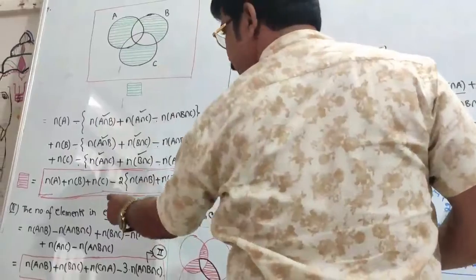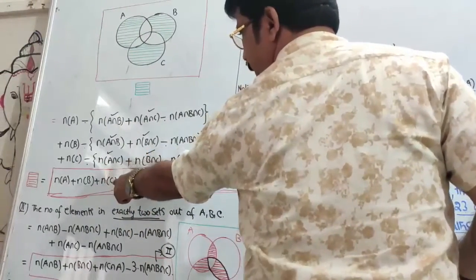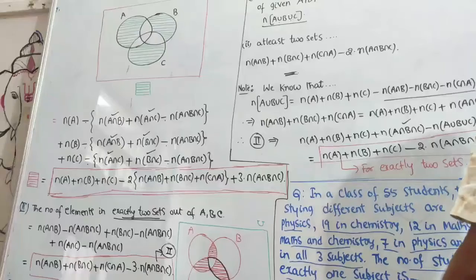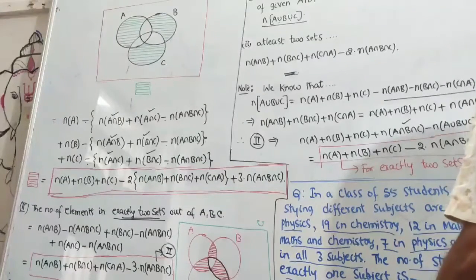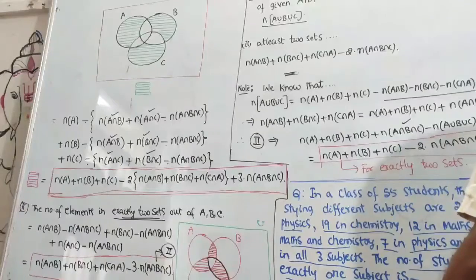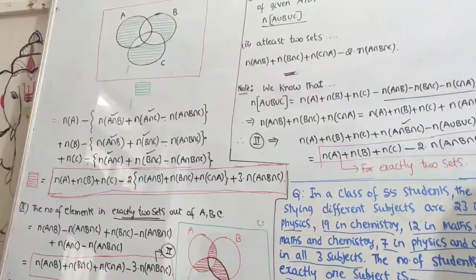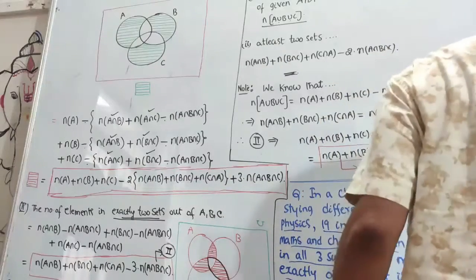Exactly one means this formula: N of A plus N of B plus N of C, which here means N of M plus N of P plus N of C. Next minus 2 into N of M intersection P plus N of P intersection C plus N of C intersection M. Next plus 3 into N of M intersection P intersection C, that is equal to how much? N of M